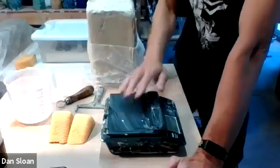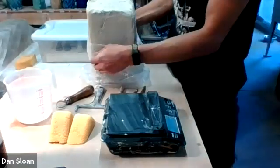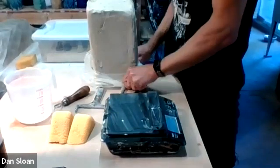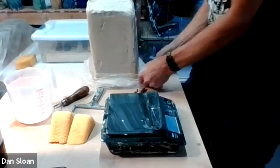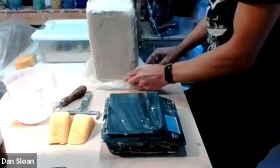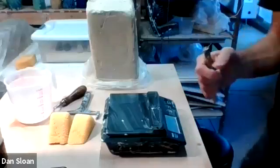So I'm going to use my scale, which is still functioning, thank God, to weigh out the clay. And I like starting out with a fresh block of clay because it's long, and so I can get a long slug out of it instead of having to cut up a bunch, which creates waste. So I'm going to take my tool,